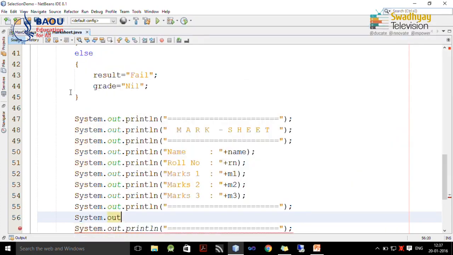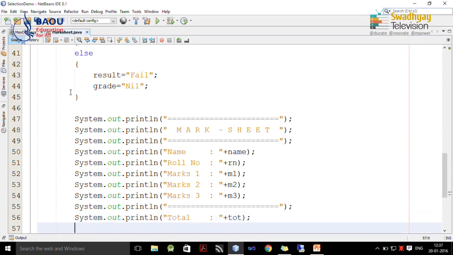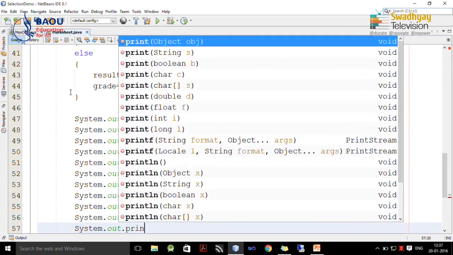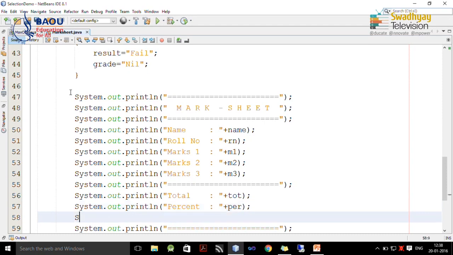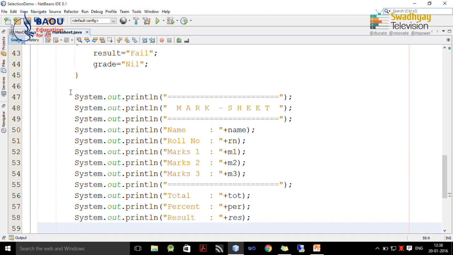So, I write down first I display total. So, total is stored in TOT, then I display percentage, which is stored in this variable, and we also display result and grade. So, I write down result is RES and